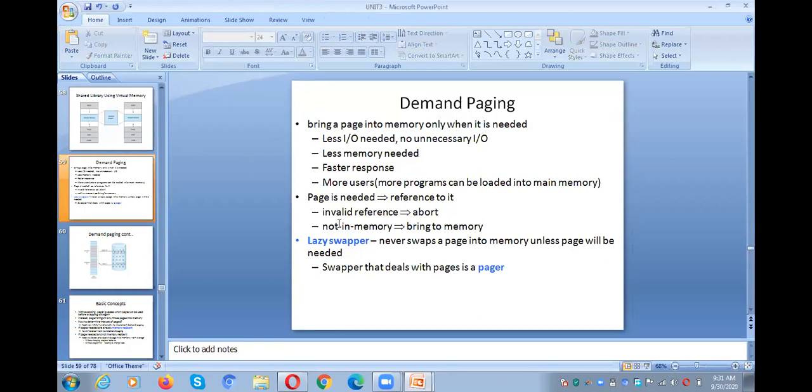Next, whenever a page is needed, the second point, we need to refer to it. Refer means we need to check in the main memory. If it is not in the main memory, that indicates that it is invalid. Whenever it is invalid, it is not in the main memory, so we need to bring it to the main memory. For example, if you want to execute a process, only 2 pages of the process are kept in main memory. Now we require a third page for the execution. You check for the third page, but the third page is not in the main memory. Your check means you refer. You refer to the page.